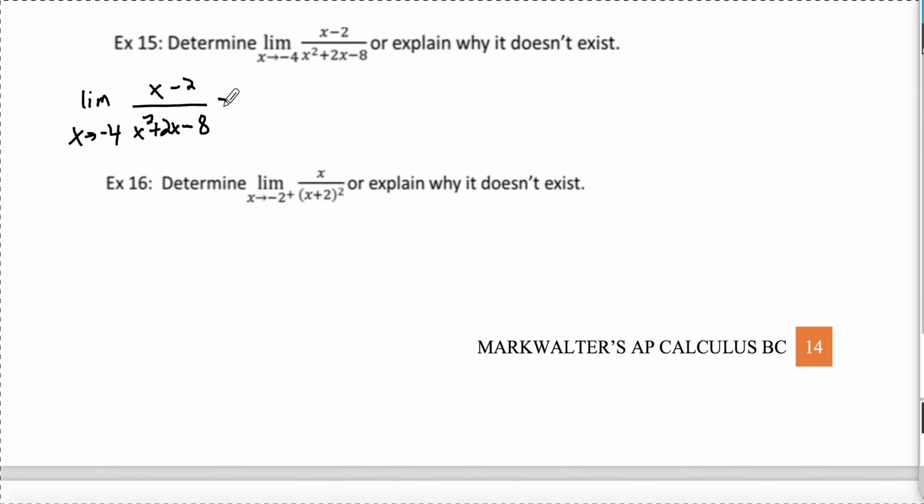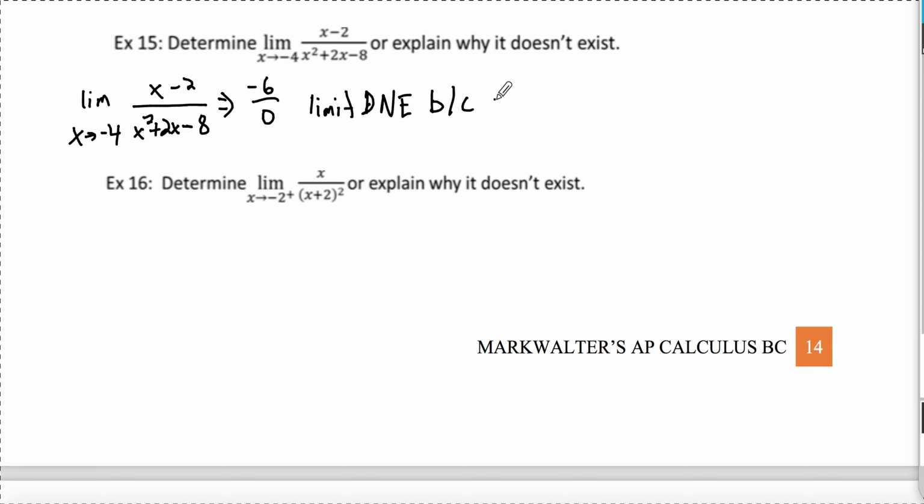If we substitute in, maybe we just do this in our head. If I plug in -4 up top, I get -6, right? If I plug in -4 down here, I get 16 minus 8 minus 8. We have an issue, right? What we end up with is -6 over 0. So like I said, this is a vertical asymptote. It's an unbounded situation. We can say the limit does not exist,